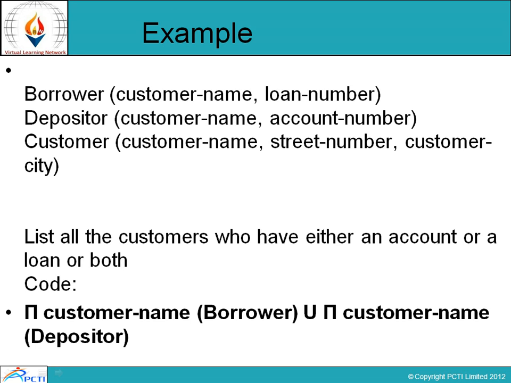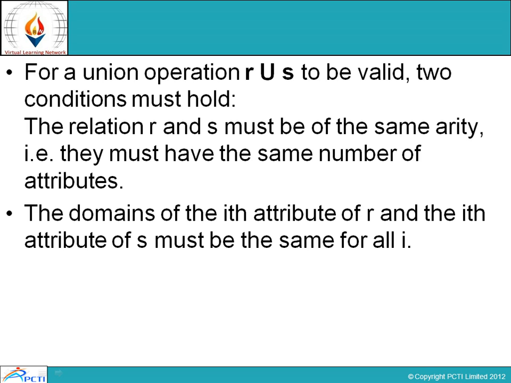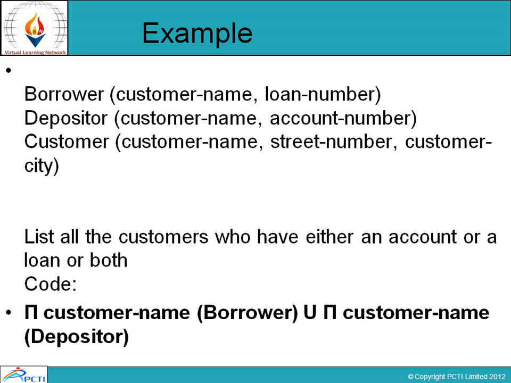अब इस यूनियन ऑपरेटर के थ्रू हमारे पास कुछ कंडीशंस होती हैं जिसके थ्रू डाटा को एक्सट्रैक्ट करता है. दिस कंडीशन इज दैट, here R and S are tables on which union is applied. For a union operation to be valid, two conditions must hold. First, the relations R and S must be of the same arity, that is, they must have the same number of attributes. And second, the domain of the ith attribute of R and the ith attribute of S must be the same for all i. Like the data type we are using here must be the same and the attributes should be the same to extract that data from the table. Here in the example we are taking: list all the customers who have either an account or a loan